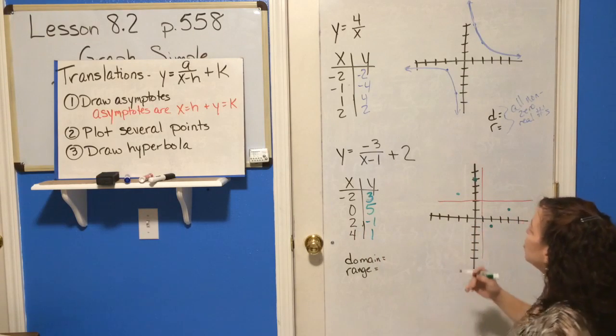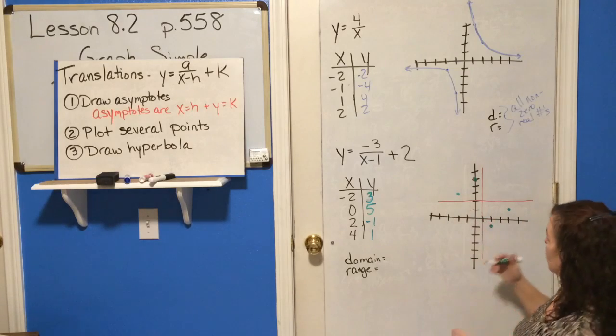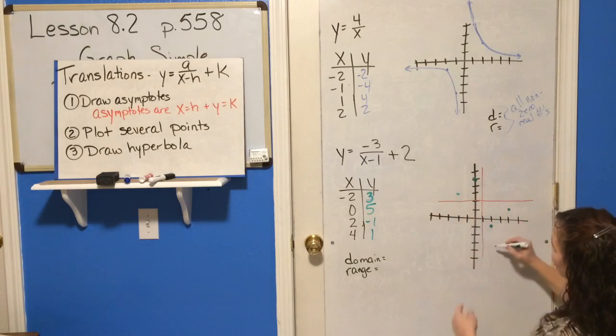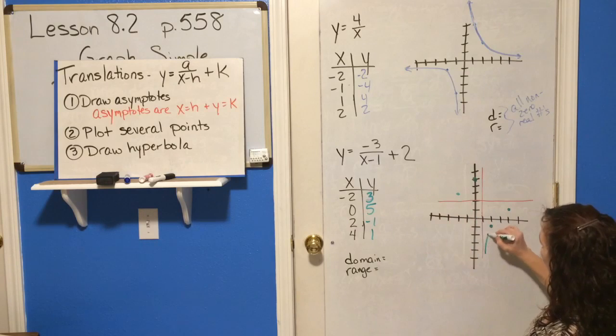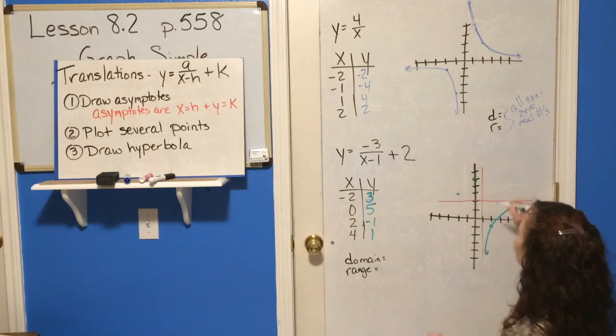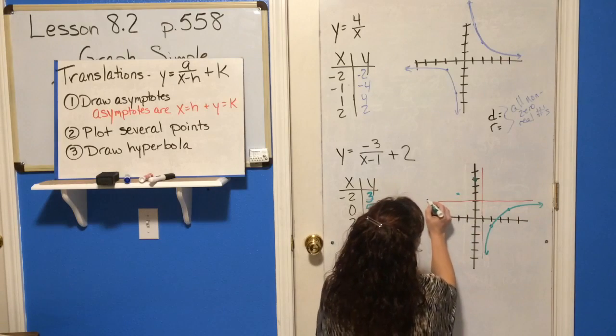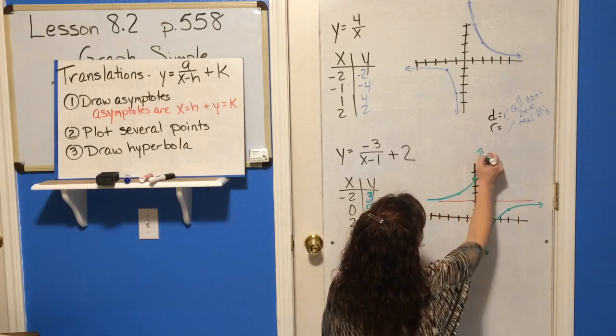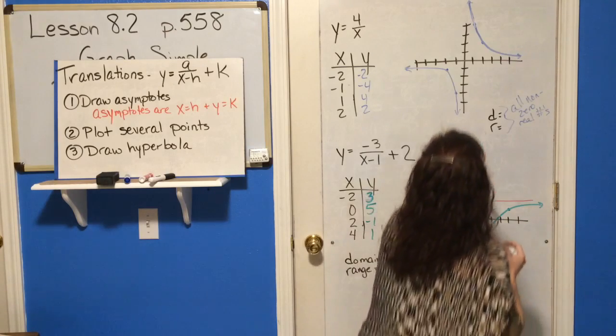So now because you know this is going to be a hyperbola, you know these are points that help me know where to kind of turn. And these are points that help me know where to turn on this one. And now you can look to see,